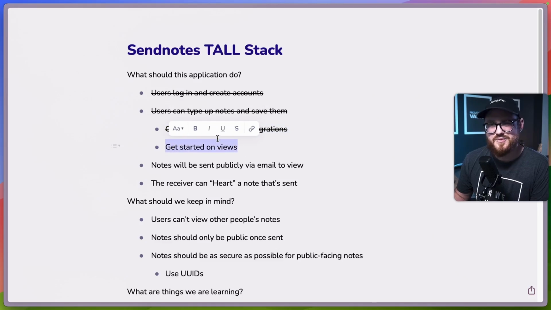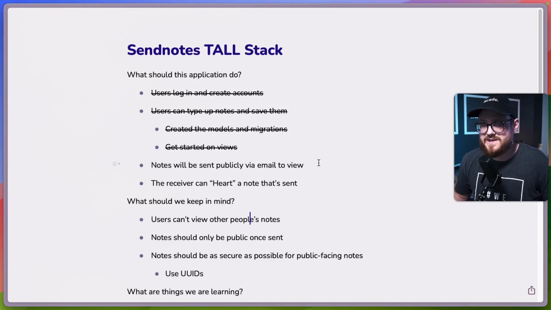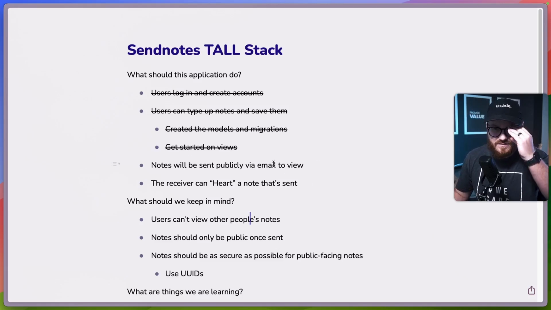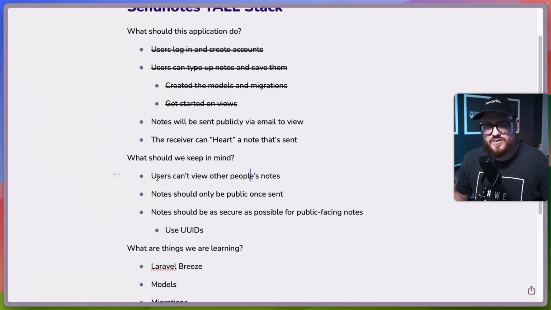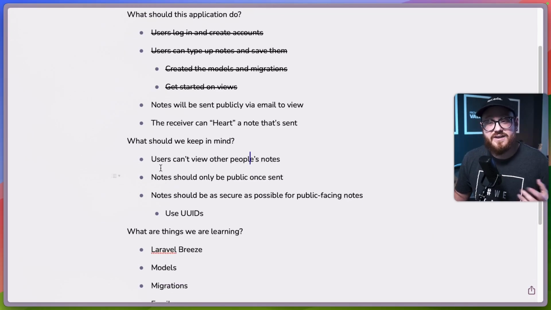We started on that. We took a look at what a view looks like within Blade and then Livewire specifically. Notes will be sent publicly via email to view. We haven't taken a look into this, and the receiver can heart notes that are sent. Now, here's what we should keep in mind that we need to take a look at. And I think, let's actually start to take a look at this right now,